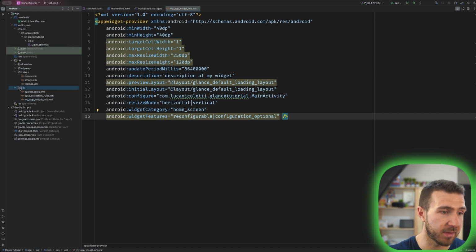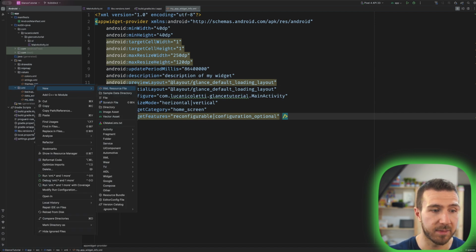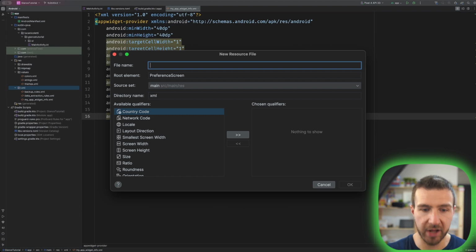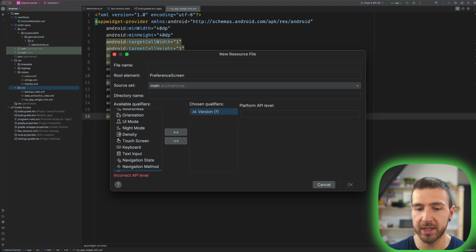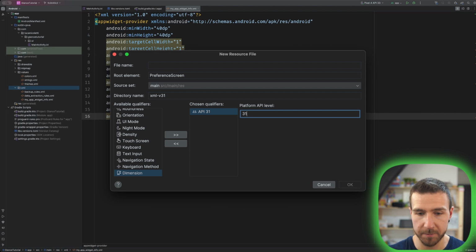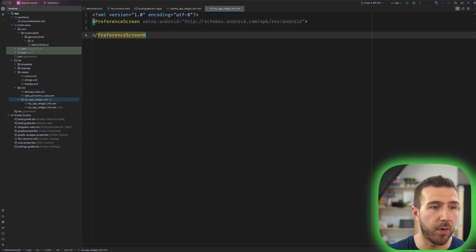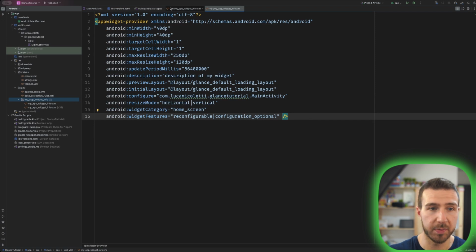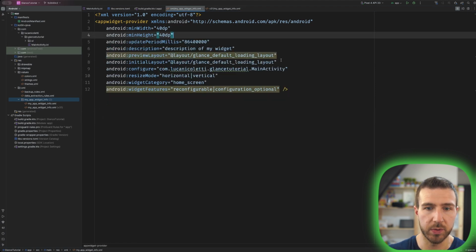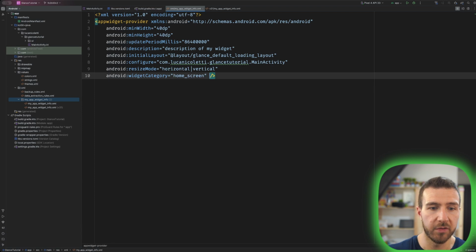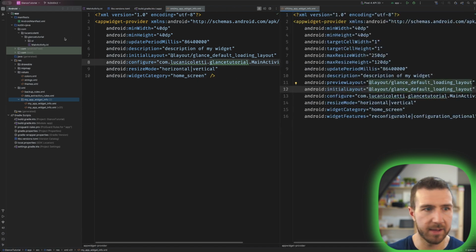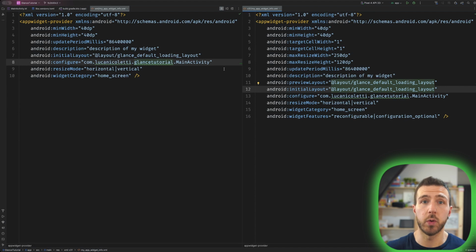You right click on the XML folder, you go New, XML resource file, and then here, under available qualifiers, you need to scroll down and select Version, click this button to add the version, and then for platform API level, we need 31. And let's give it the same name, my app widget info. Now here we can actually define all the parameters, while we will need to remove the ones with a warning from the previous file. Now we can have them side by side